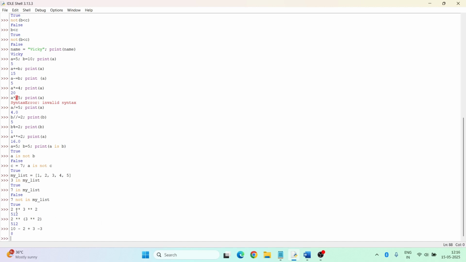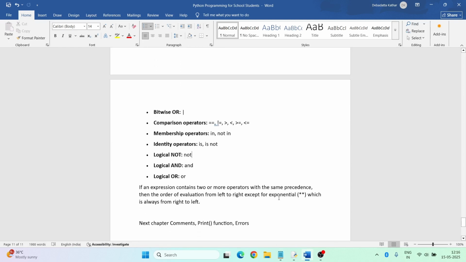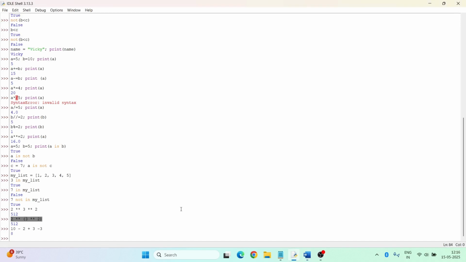In the first example, it performed from right to left when we have the same exponential operators. Except that, when you use other operators, it performs from left